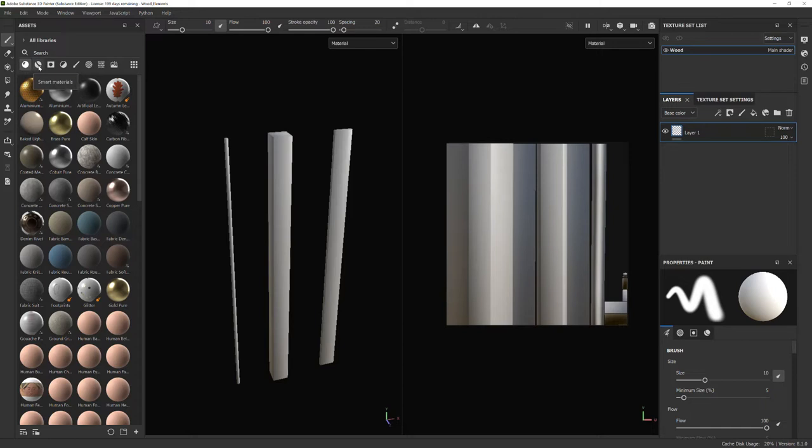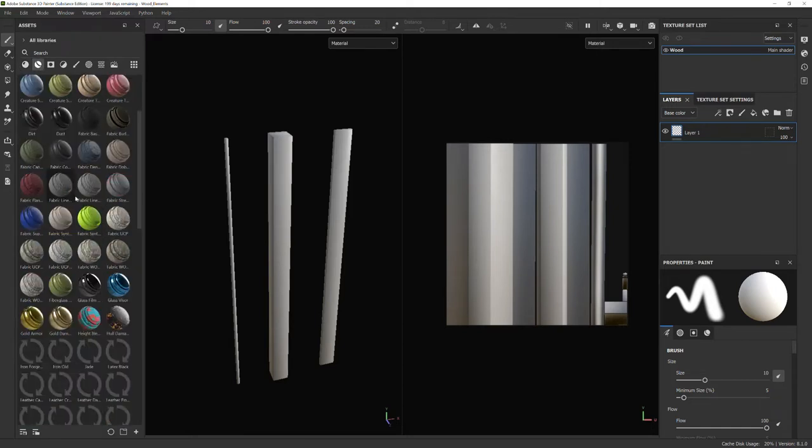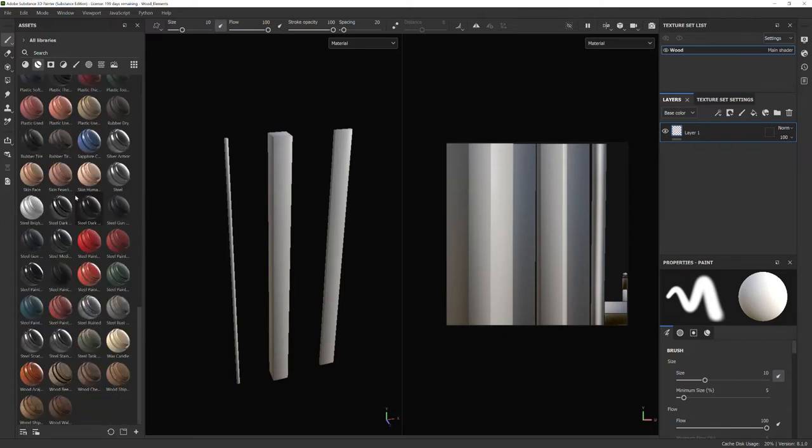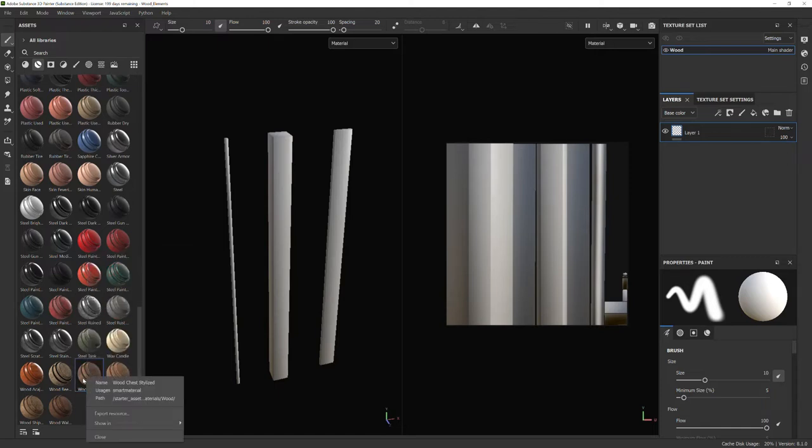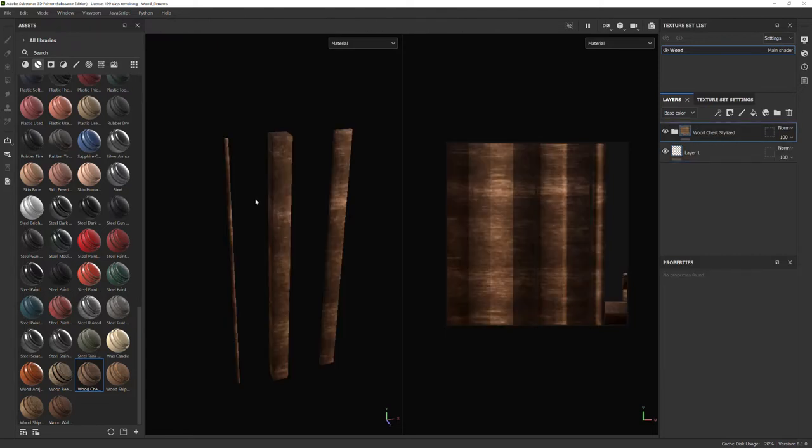I'm going to come over here to Smart Materials, which is the next one over. And once that populates, I'm going to scrub down to the bottom. And the one that I like to use for this kind of work is this wood chest stylized, which I believe is a default. If it isn't, just choose any of the different woods for this. Let's drag this over. All right, and so you see now that the wood grain is traveling left to right,